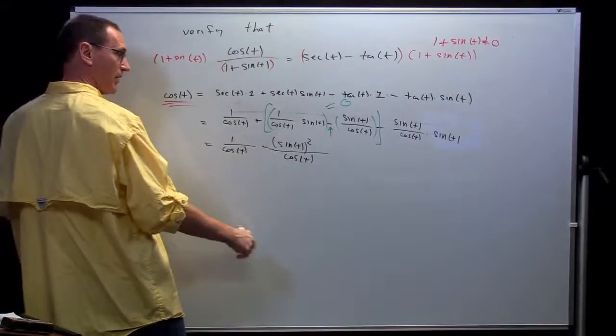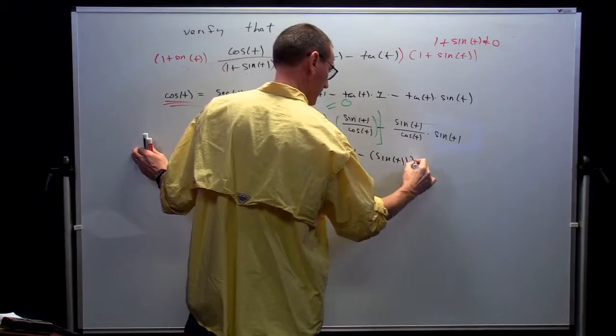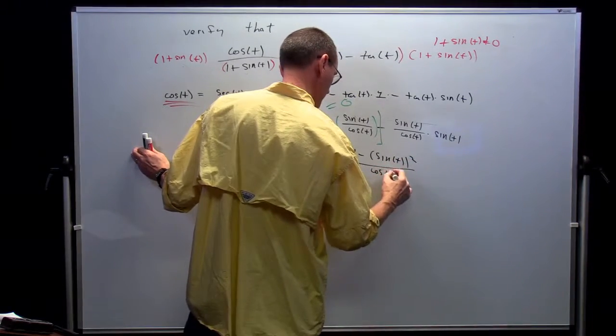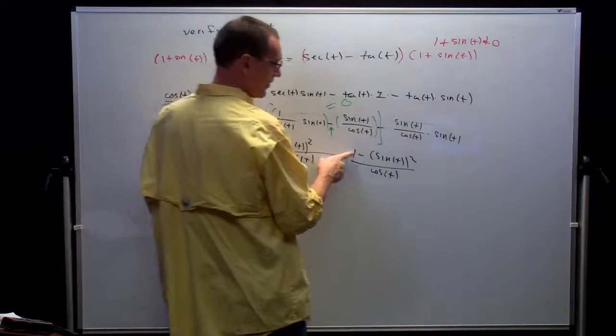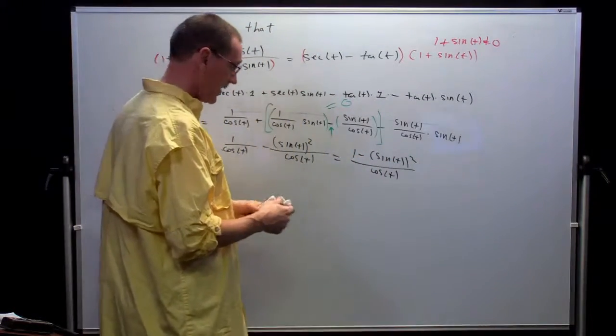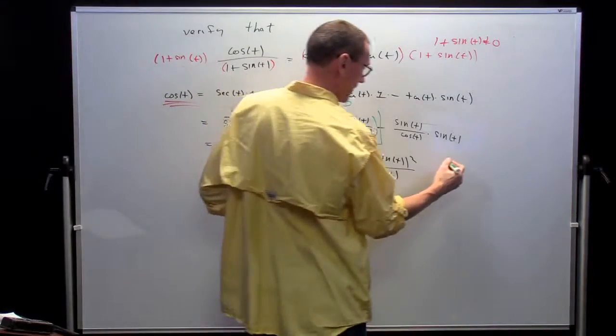Now I've got common denominators. So I can rewrite that way. Now I've got 1 minus sine squared. I can now use my Pythagorean identity, which says